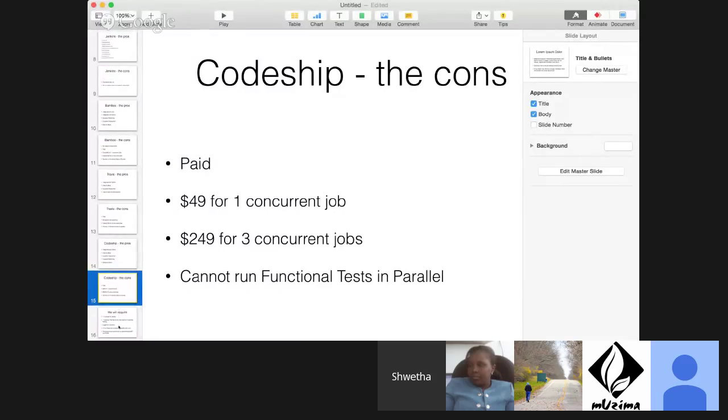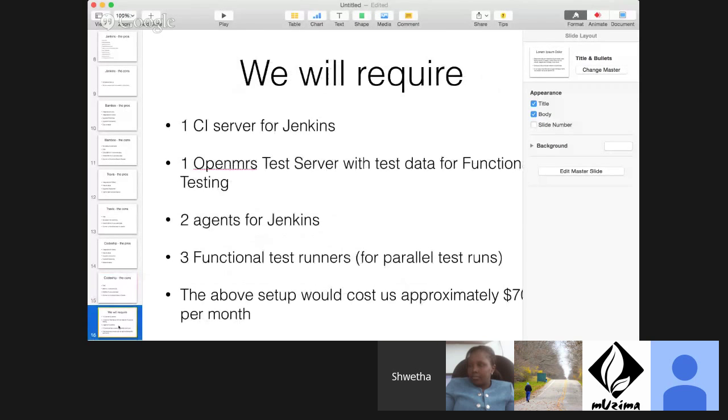So based on all of these factors that we evaluated, we found that Jenkins is probably the best option for us, and we came up with these are the requirements, or these are the basic tools that we will be requiring. We will need at least one CI server dedicated for Jenkins, and then we'll need one server where we will host OpenMRS, and that server will basically have test data, and the test data should not be disturbed because we'll be running our tests against this test data,